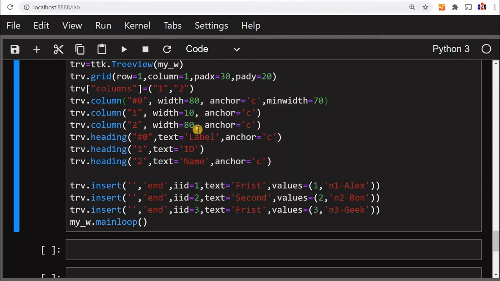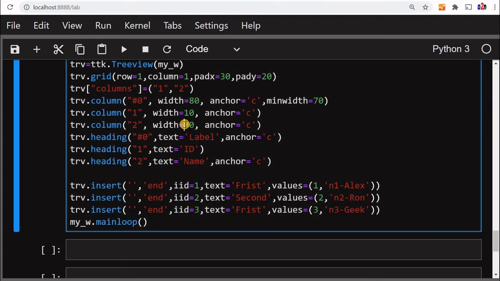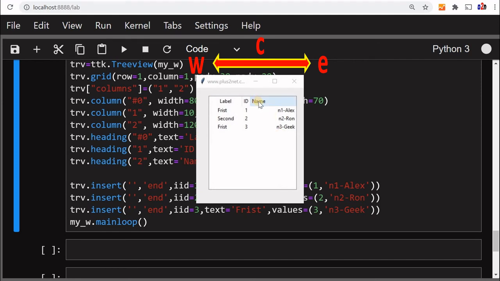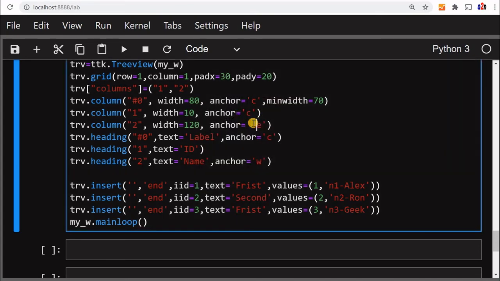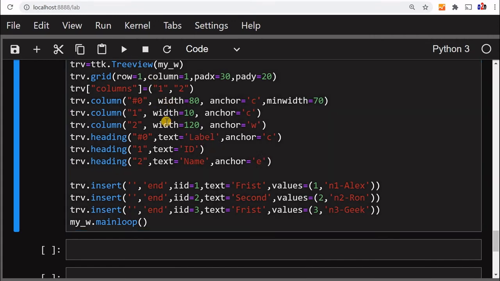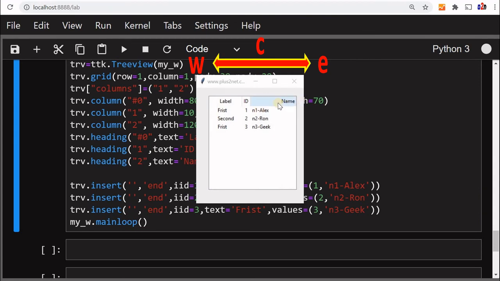Now let's see the alignment part of it. So for text, this we have given name as 80, slightly increase it to let's say 120, and this will say the east side and this name will say west side. Let's see how this looks now. You can see the name has gone to the left side and this heading here is on the right. We can just swap it also. Let's say we'll put W here and east here. So once we change this, we can see the alignment again. The name has gone towards the other side. This is how you can manage the alignment part of it.